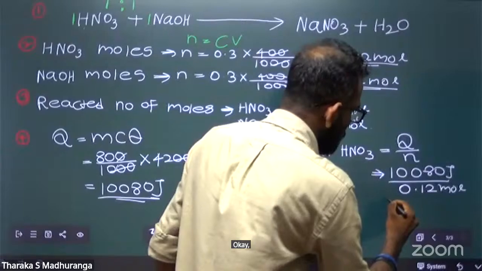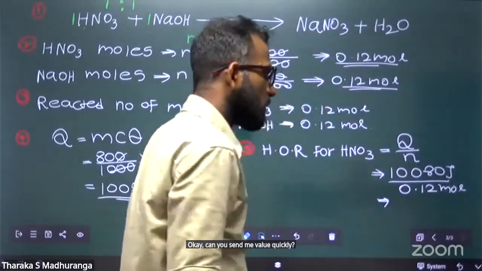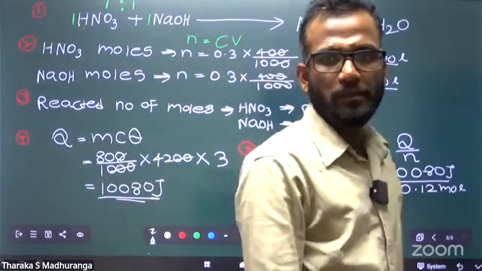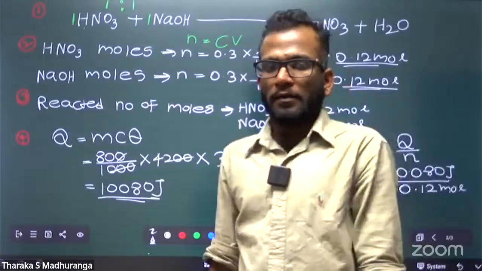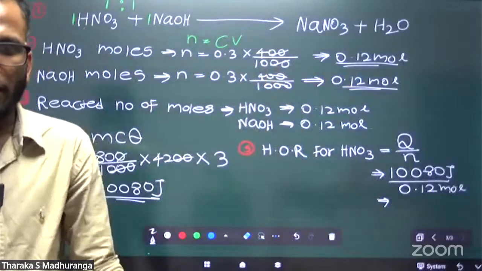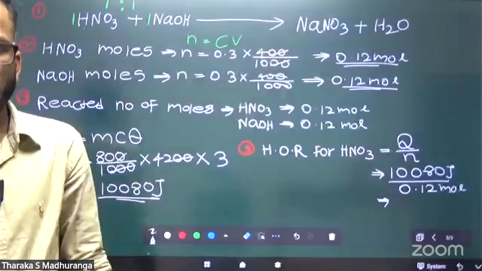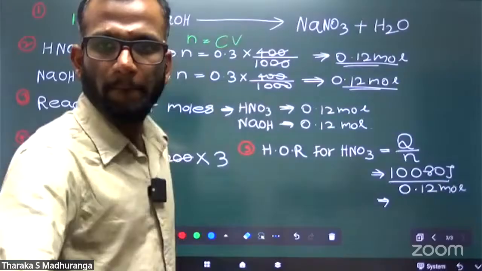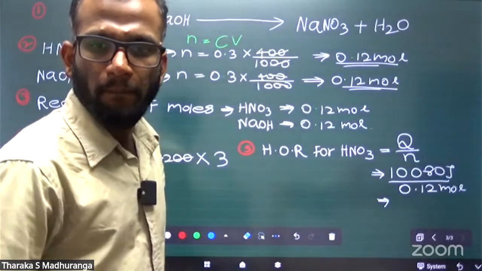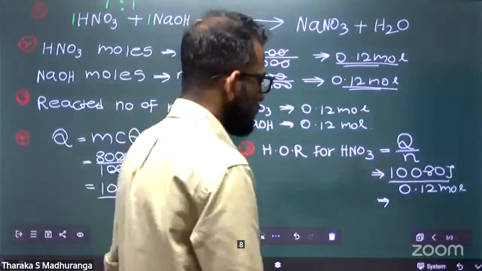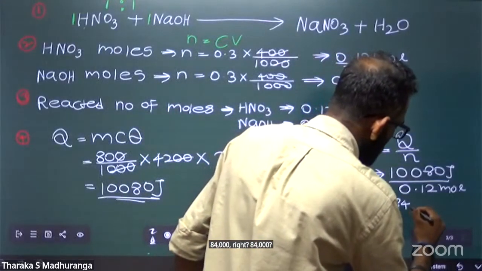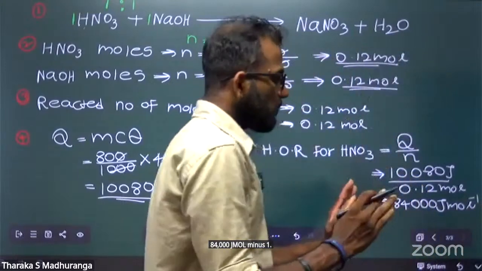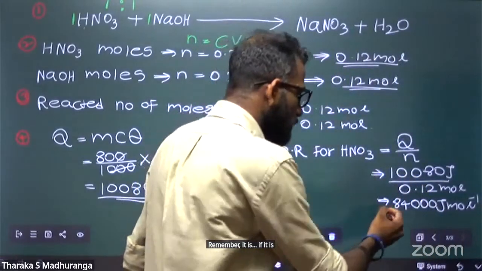Okay, can you send me the value quickly, Kabir? 84,000, right? 84,000 J mol^-1. Remember,